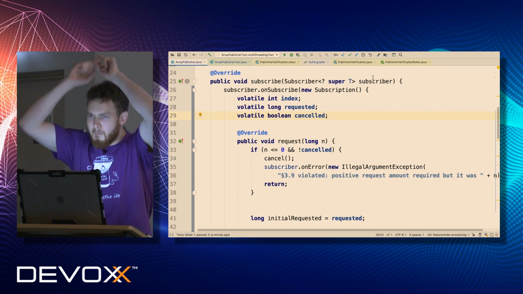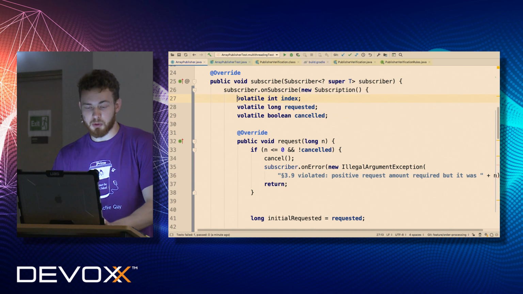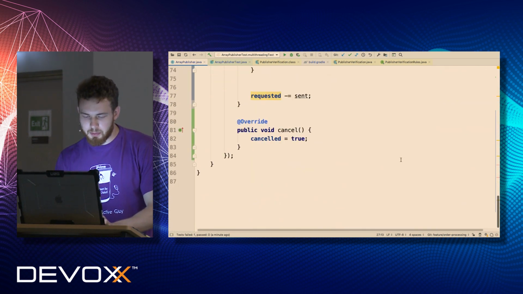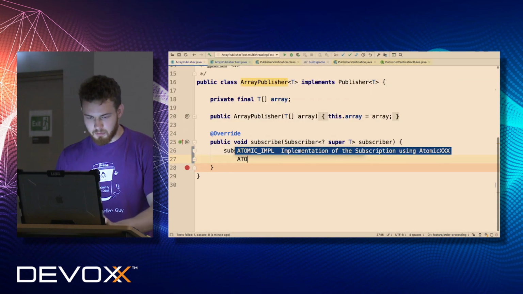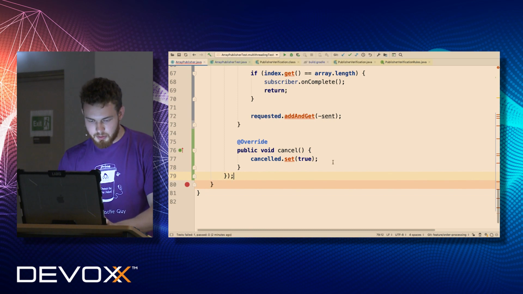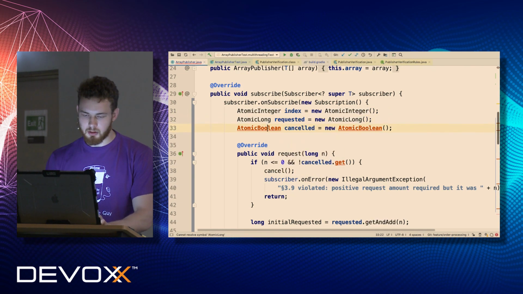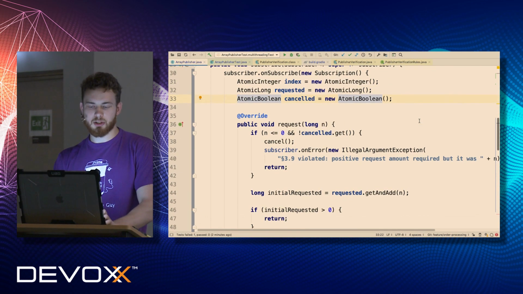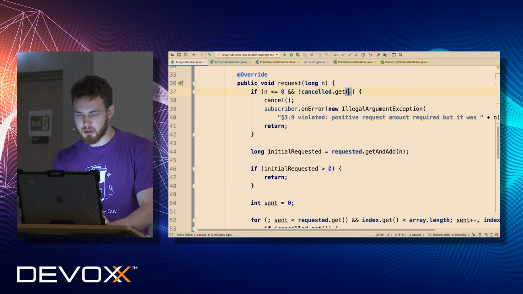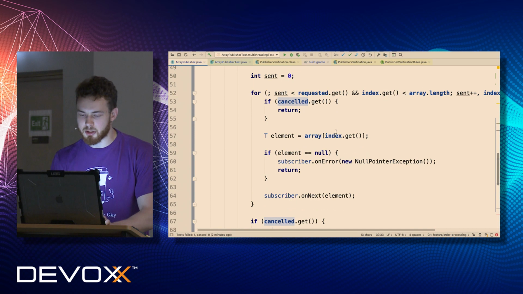Right. So the next step is just to try to use atomics everywhere. I prepared a code snippet for that because I don't want to rewrite it all the time. So I created a code snippet here, which basically introduces all atomic fields to our environment, right? Because this should be a correct solution. So now we are using canceled, we read it from AtomicLong because this is a proper solution.